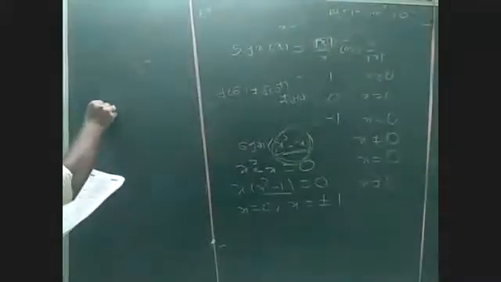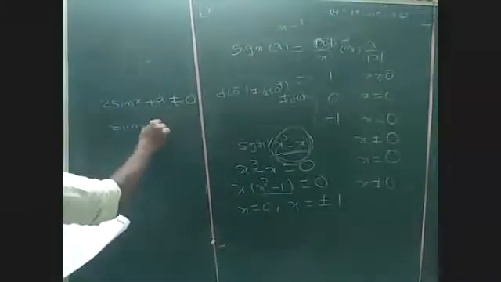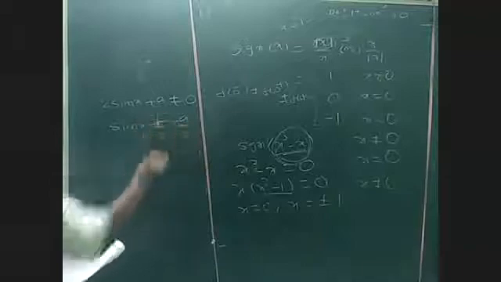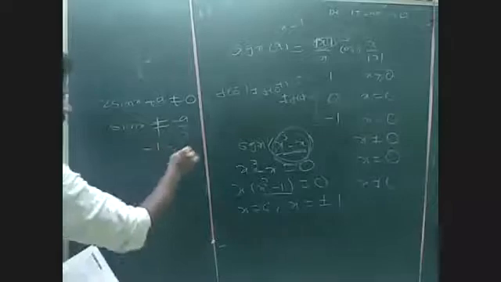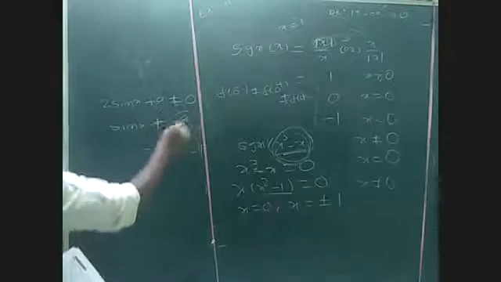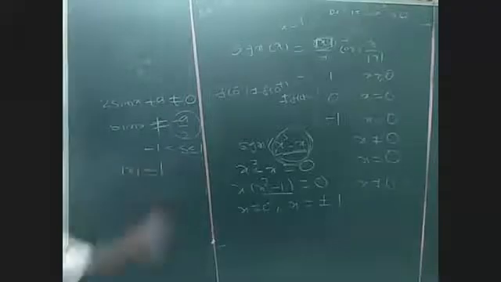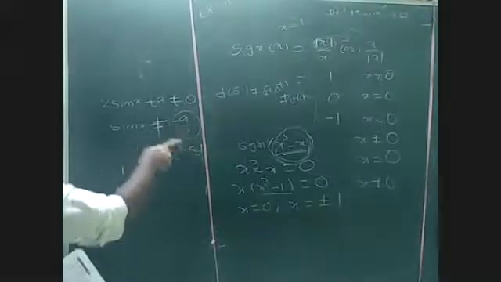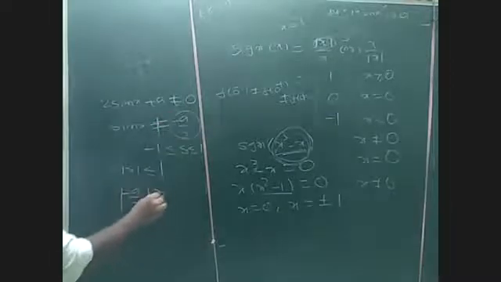In the 29th question, they have given clearly continuous. Continuous means here the bracket value, 2 sin x plus a, should not equal to 0. So sin x should not equal to minus a by 2. Sin x value is between minus 1 and plus 1, already we know that. So the maximum value may be 1 or less than 1. Generally we write modulus of sin x less than or equal to 1, but here it should not equal, so this value minus a by 2 must be greater than 1.